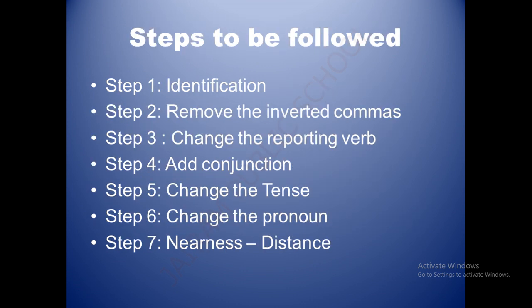The next one, steps to be followed. This is the last and final aspect of introduction and rules, and we are going to complete this rules class. So, steps to be followed while you are transforming direct to indirect. First step, identification. What is identification? After receiving a question, identify what kind of sentence is placed, because only after identifying the kind will you be able to apply the rules according to the particular kind given in the question paper or in your exams. Clear? So step one, you need to identify the kind of sentence.